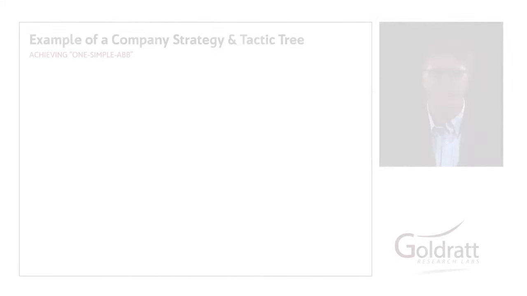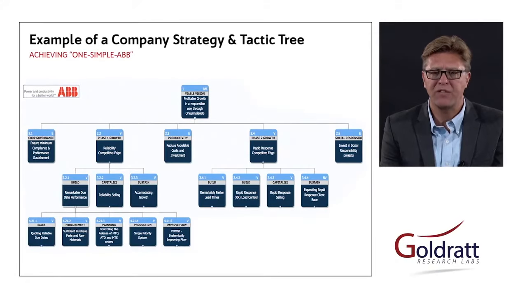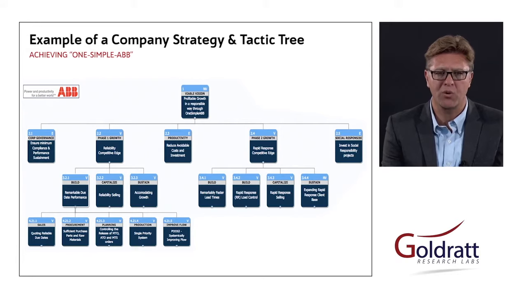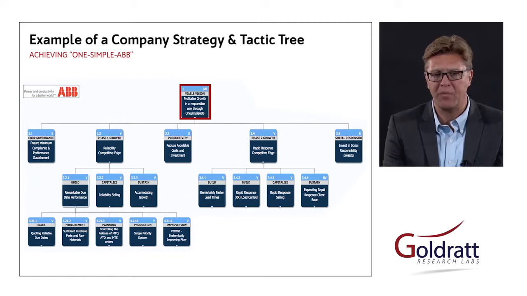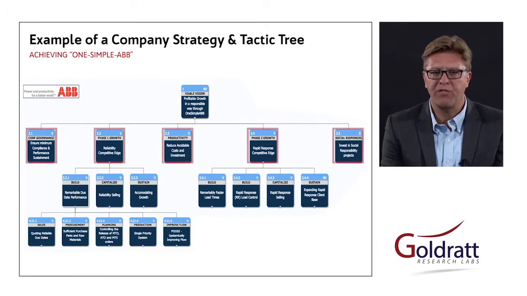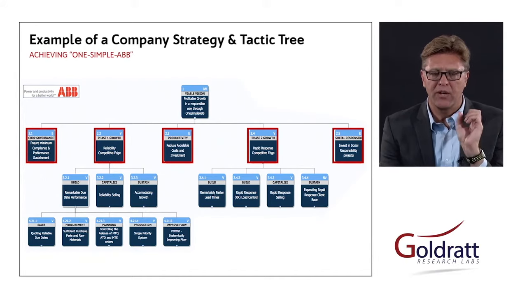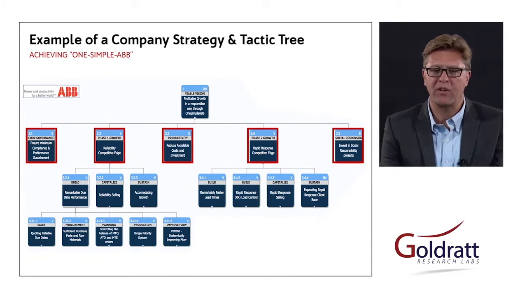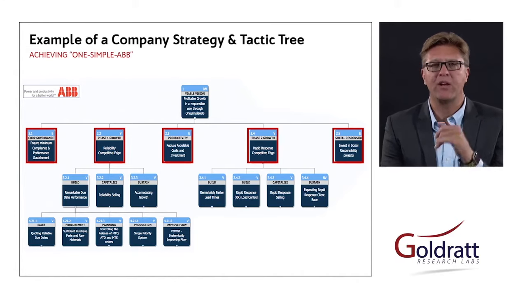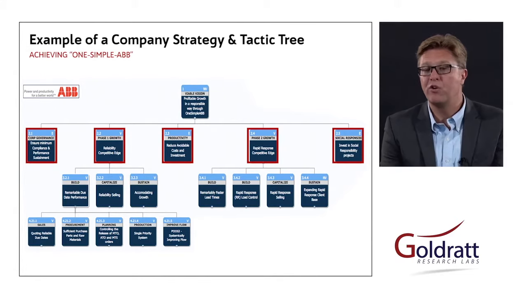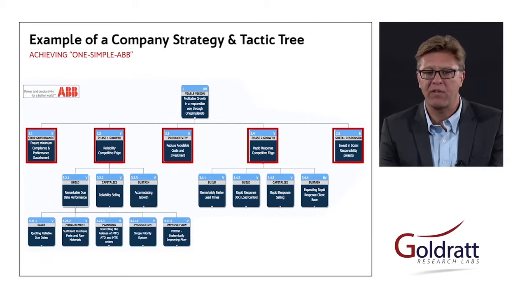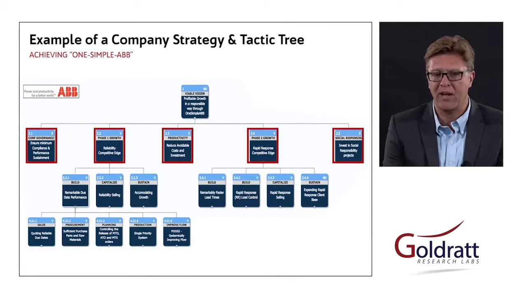What you'll see on the screen here is a real-life example of such a strategy and tactic tree for a very large organization. Level 1 is the goal, achieving profitable growth through one simple ABB. This is the company ABB. Level 2 are defining all those key changes that are needed, the compliance issues, the first decisive competitive advantage, the